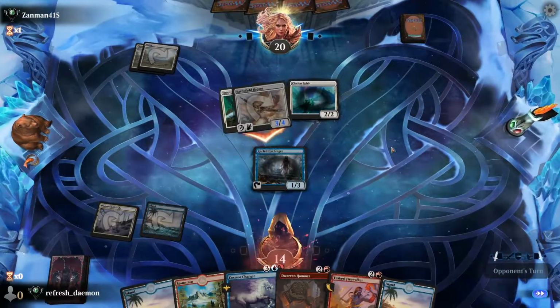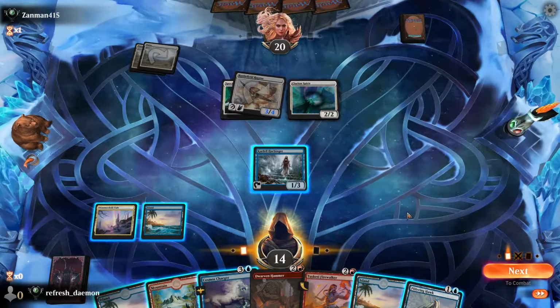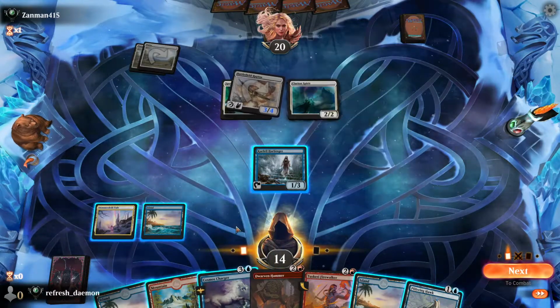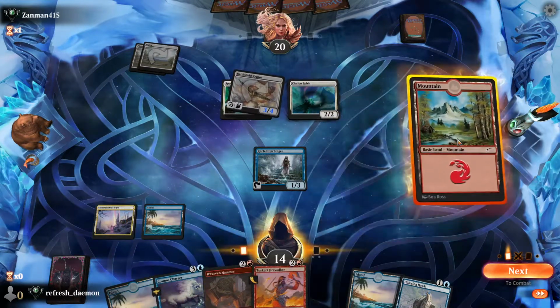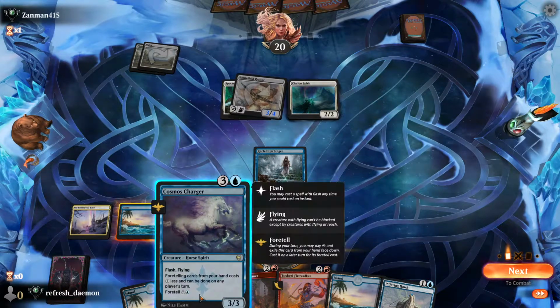Oh my gosh. My opponent has a really good deck. We can't even block that, which is the bad part. We're going to die very quickly unless we can find some way out of this. Okay. So I can double spell if I foretell this, and then...